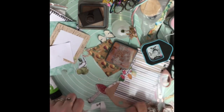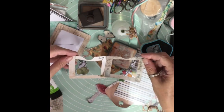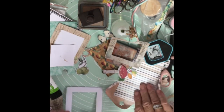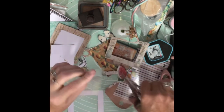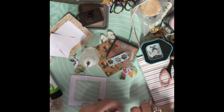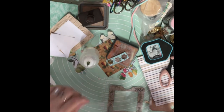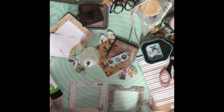So I have cut out the white space on those two specimen cards or pockets, whatever you want to use them for. And the next thing I'm going to do is put a piece of acetate, which is the plastic you get on plastic packaging. I'm going to put that on the back. There we are. So I've now filled what I'm calling negative space with the acetate,